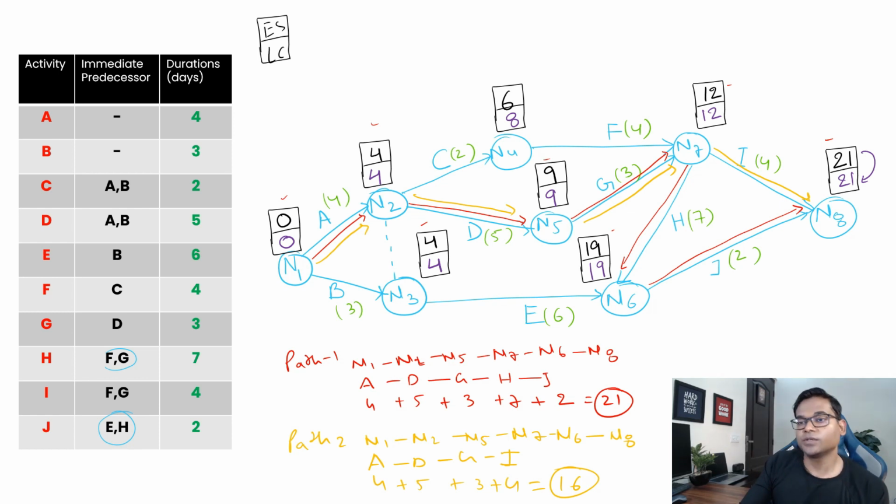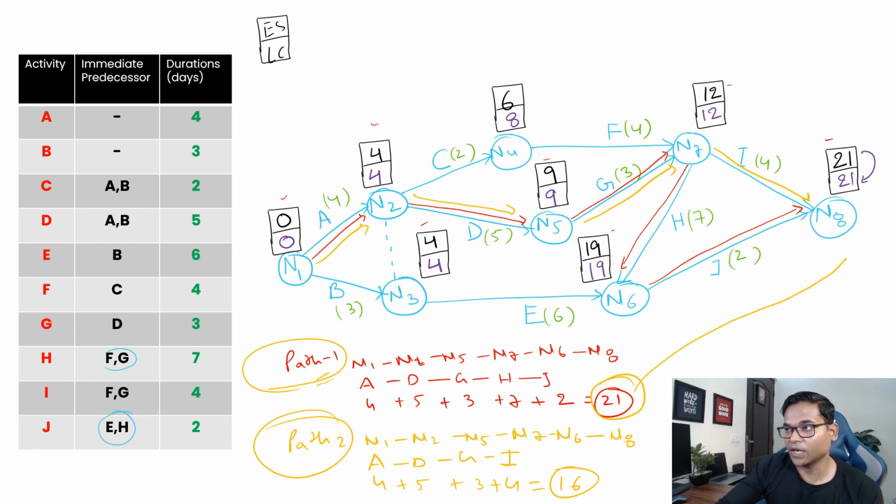Now we have two paths, right? One is path 1, another is path 2. Which one to choose? Always remember, the critical path is the longest path of the network diagram. So if you see here, path 1 is your longest, which is giving you the duration of 21, right? And this is what